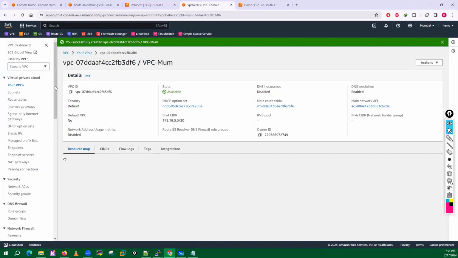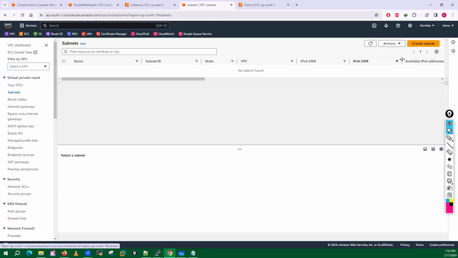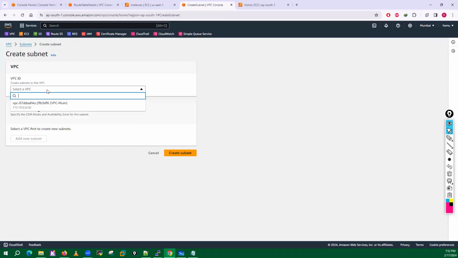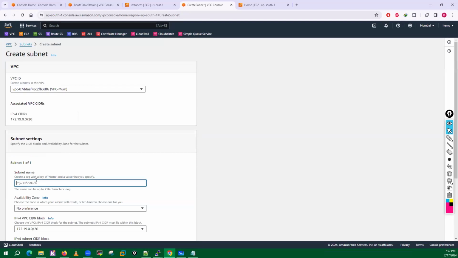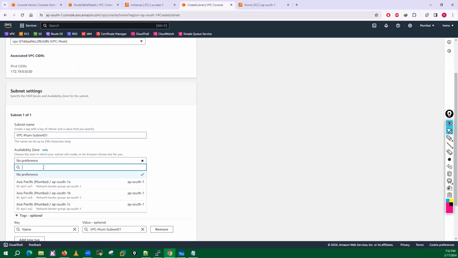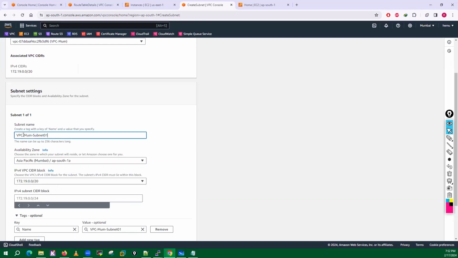Create, go into the subnets, create the subnet. Guys, I'm just going with the VPC Mumbai subnet 01. Let me go with the first subnet only. For the AZ, I will go with the US East 1A.